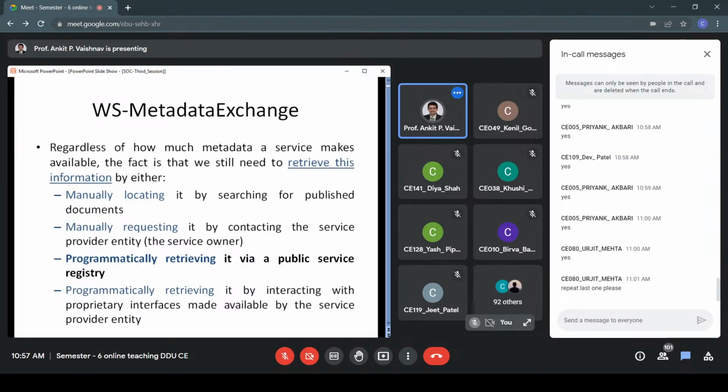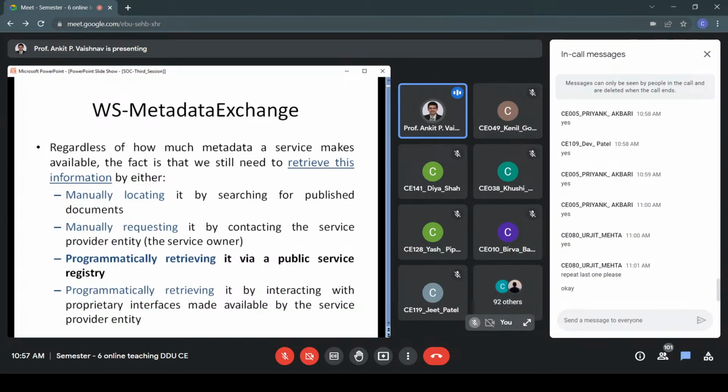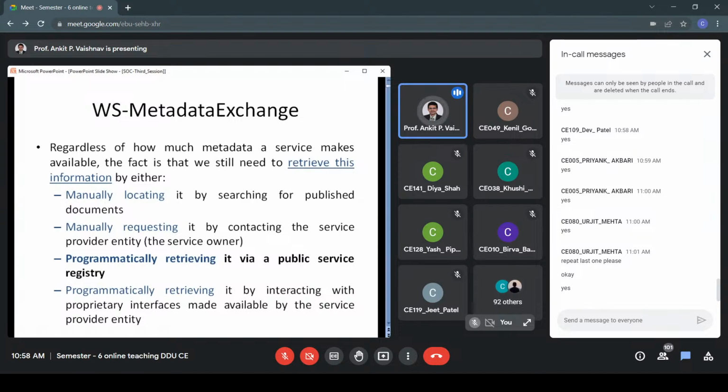Yes, sure. Programmatically retrieving means you know that a company like Railco exists, right? And Railco might have made its local registry available to you based on permission, right? If you have the permission to access the local registry of Railco, then you can directly connect to that registry of Railco and you can download the WSDL details. Yes, is that fine, Udit? Instead of searching through global, we are going for a local scope.